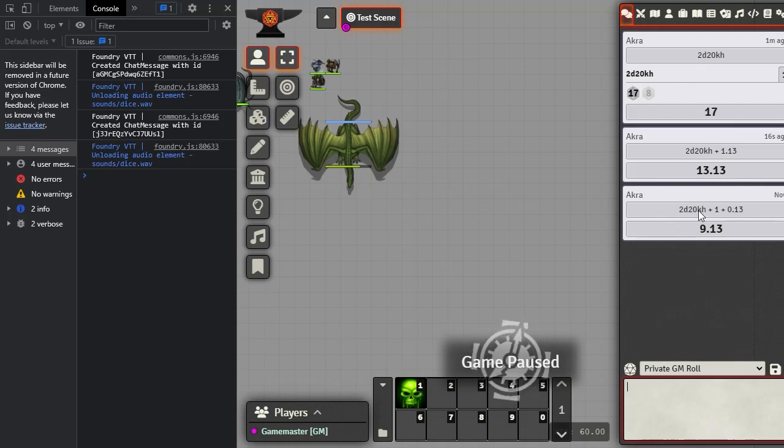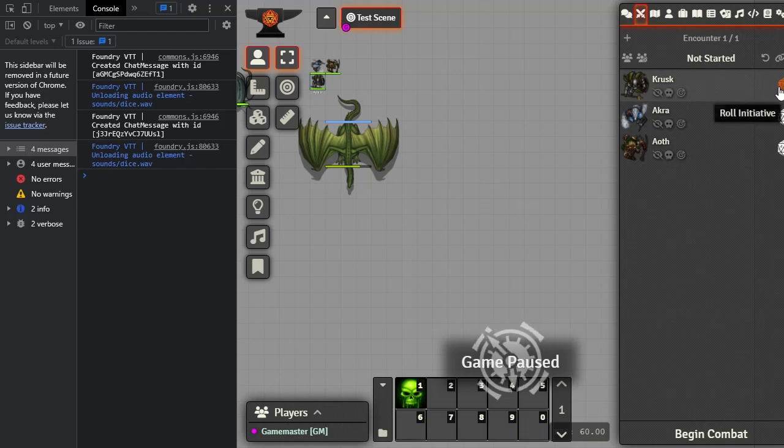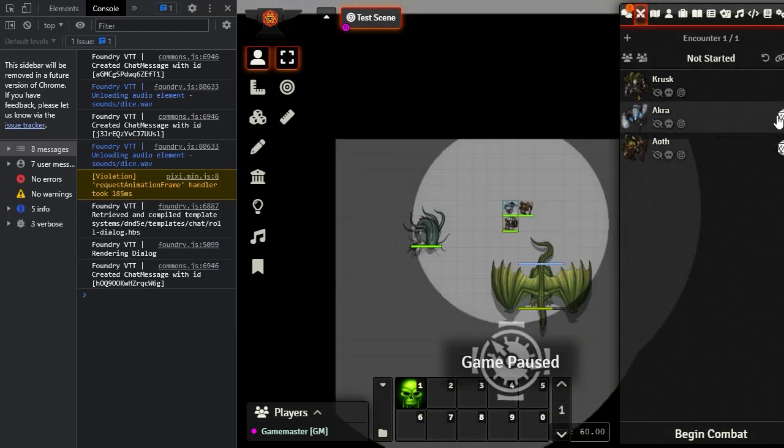All right, but as you can see, this is doing exactly what we're going to want it to do. We want it to roll 2 dice. We want it to add the 1. So as you can see, we got the 9. And then we want it also to tack on our initiative modifier. So this is basically the same thing if we were to go in here and run this and do a normal,